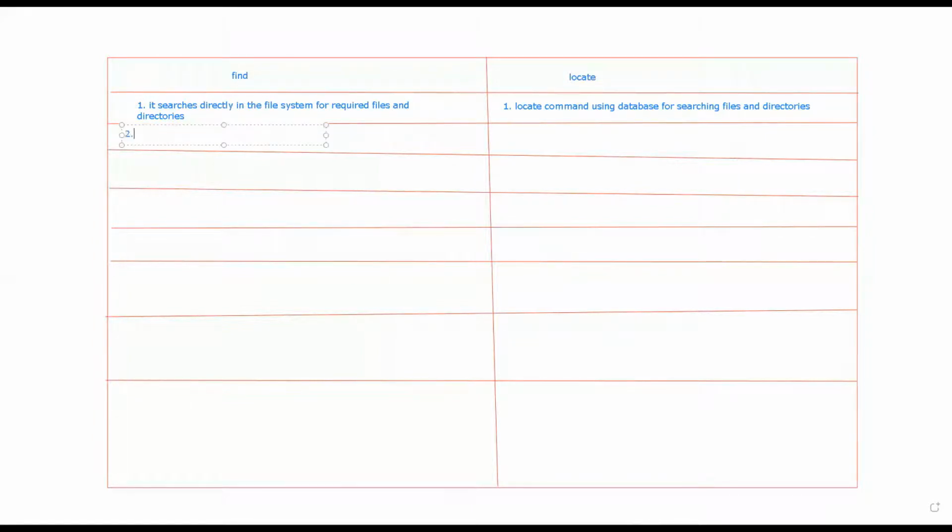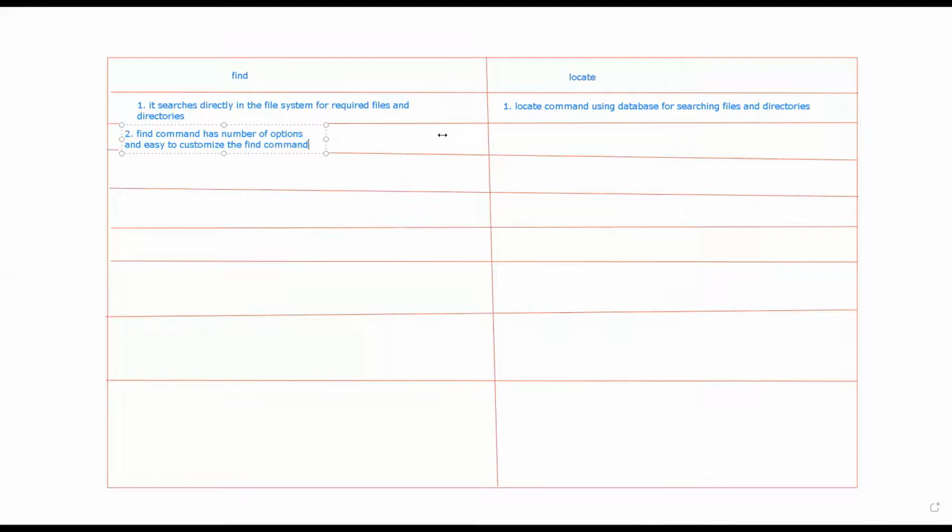So the second difference is, the find command has a number of options and is easy to customize based on our requirement.